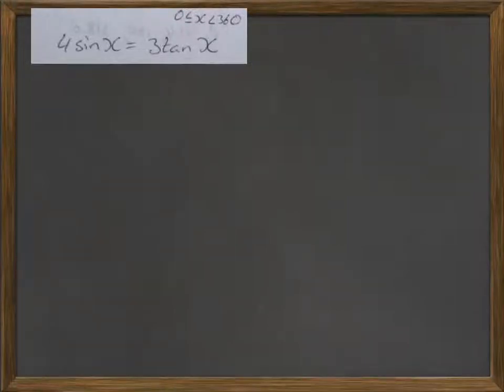Most trigonometric equations are solved by either some type of factorising or using the quadratic formula. So first of all, what we need to do is to play around with this a little bit using an identity, and then ultimately get it equal to 0, and then see if we can indeed solve it. So the identity we're going to use is that tan of x is equal to sine of x over cos